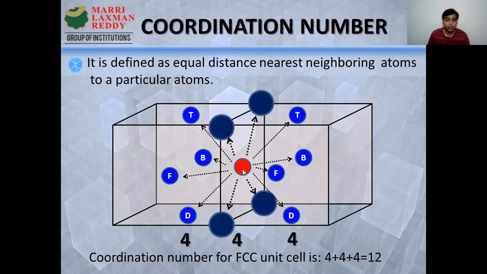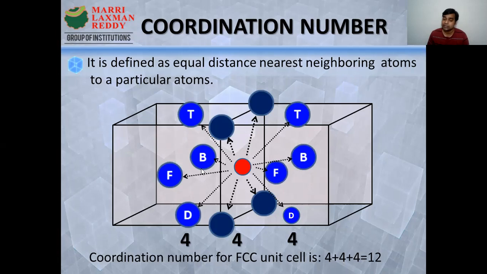Now, along with these corner atoms, when we consider the left side FCC unit cell, the adjacent faces are top, down, front, back. The face center atoms of the adjacent faces are in contact internally with that face center atom. Guys, internally in contact. That's why those faces' face center atoms are also nearest neighboring atoms. And again, when we consider the right cell, these cell face center atoms are also in contact. So the total coordination number is 12.